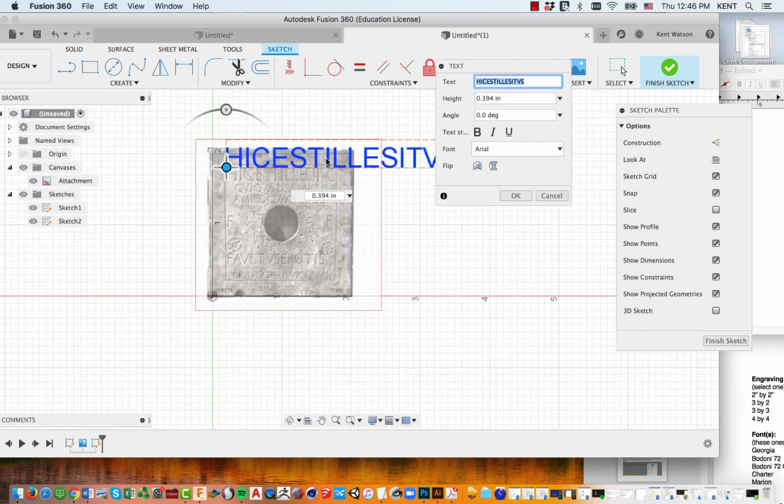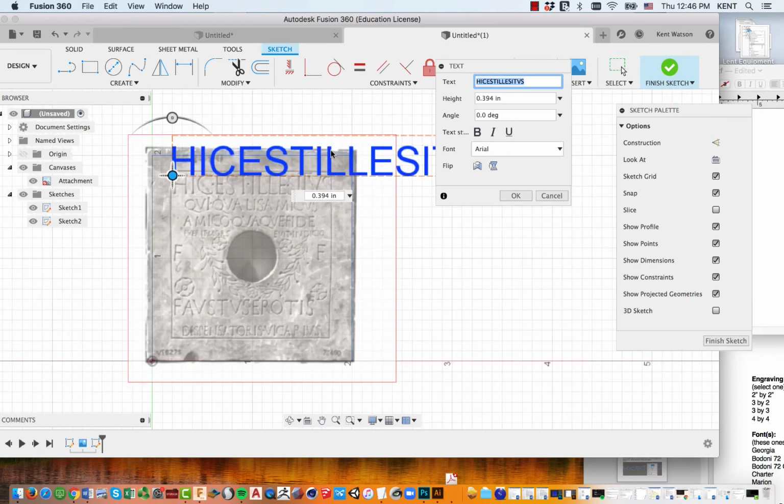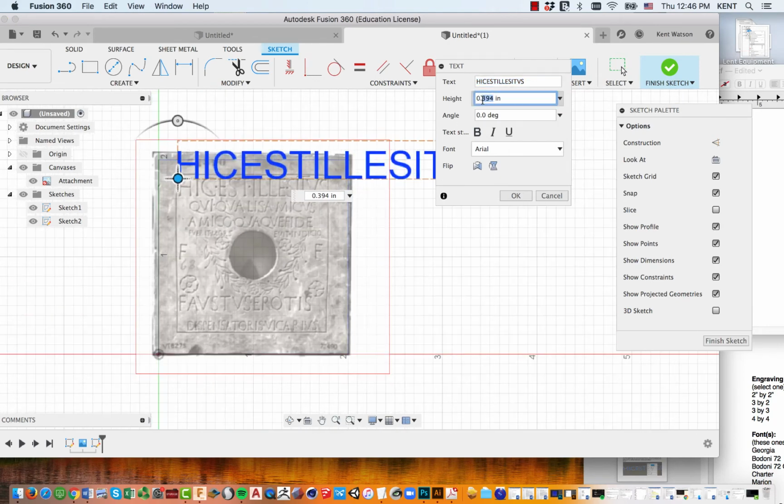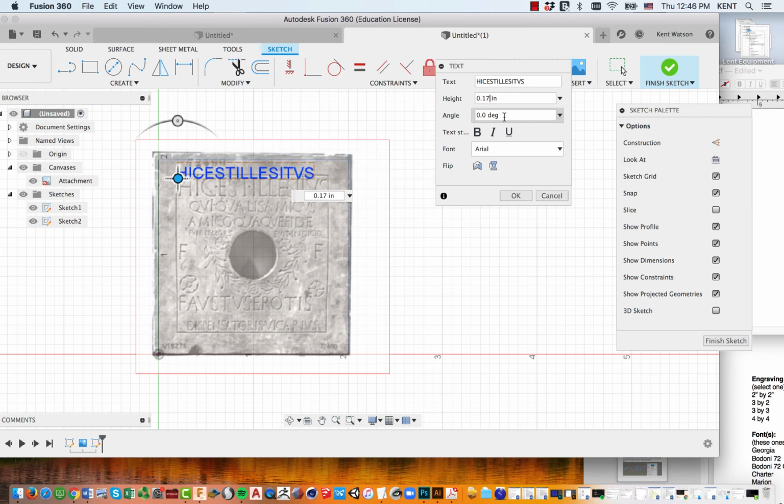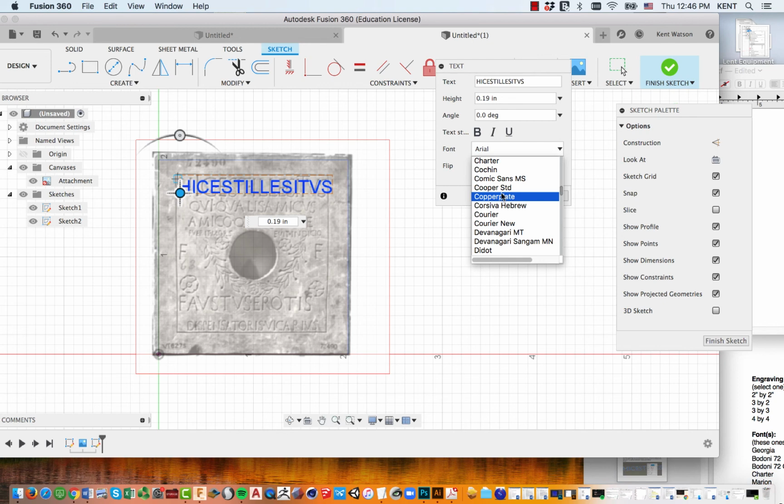You'll see it's probably going to be too big, depends on how big you made your box initially. And with your height dialog, you can scale that down. And then if you click on the little blue dot, you can reposition the text. There are all these different fonts, and you're welcome to experiment with them. Some fonts don't work. What we're going to do is create our font and then do this command called explode text, and some just don't